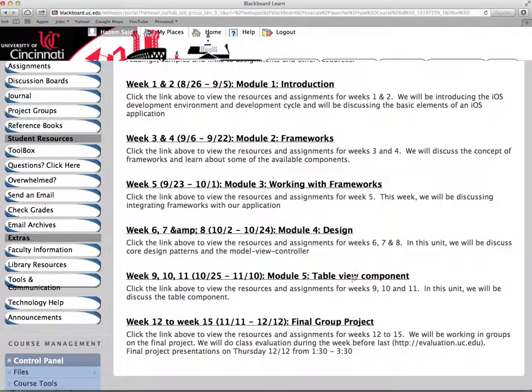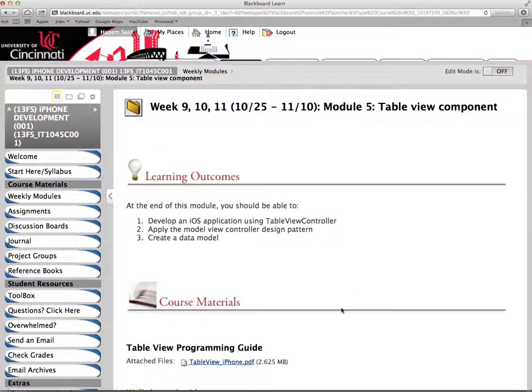For now, let's jump into module 5, and the theme of this module is the table view controller component. Our goal of this module is to use the table view controller and the table view to develop an app. And we're also going to expand more on the model view controller.